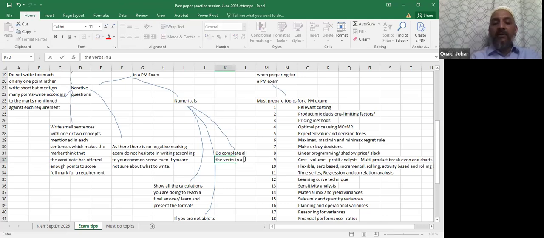in a given requirement. Sometimes in a single requirement, there is more than one task to do, right? So they have written decide after evaluating, right? Calculate and decide, calculate and advise. So you miss the advice work, so you lose easy marks. Obviously, you have done the calculation and you sometimes know exactly what will be the decision, what will be the advice, but you miss it. You don't write it over there. So you'll be losing some easy marks. So complete the things, right? That's important. So do complete all the verbs in a given requirement